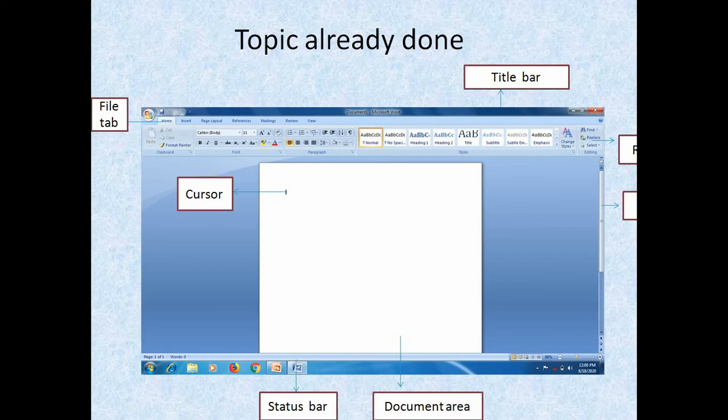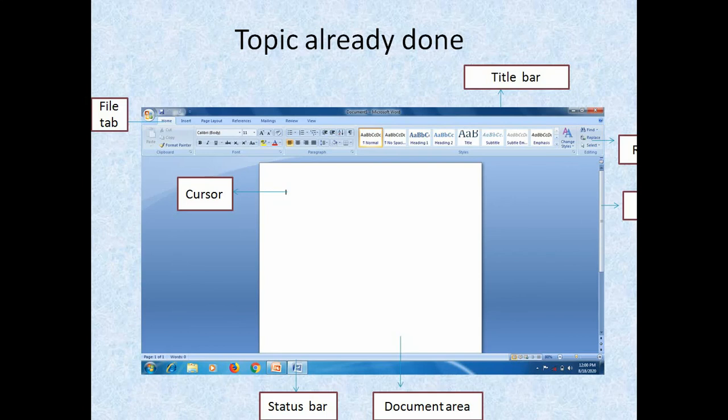We can cut, copy and paste some text, means from here if we want to cut and paste it there, we can make use of this. Spelling also we can check and correct, and we can count the number of words in the document.